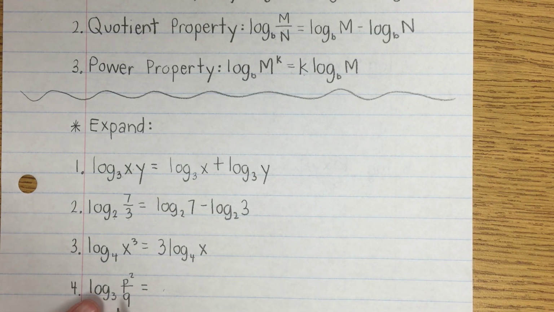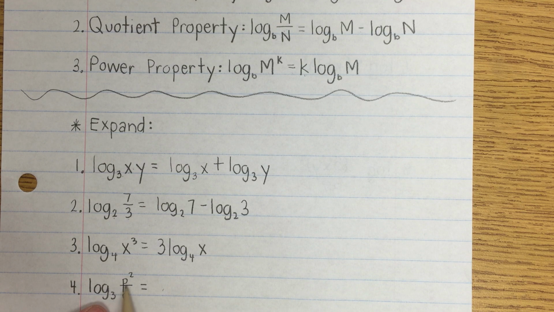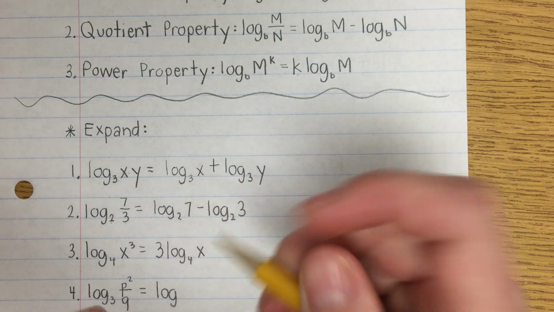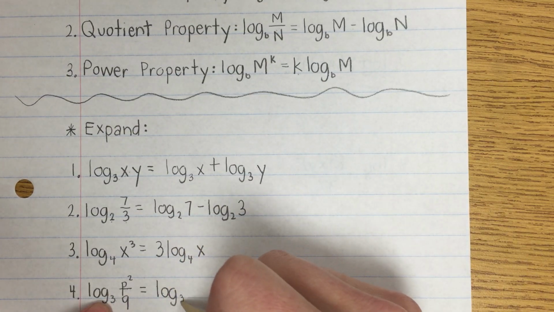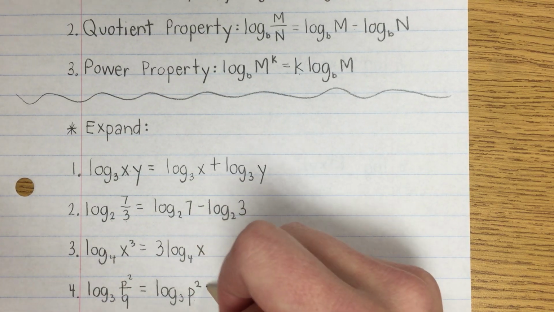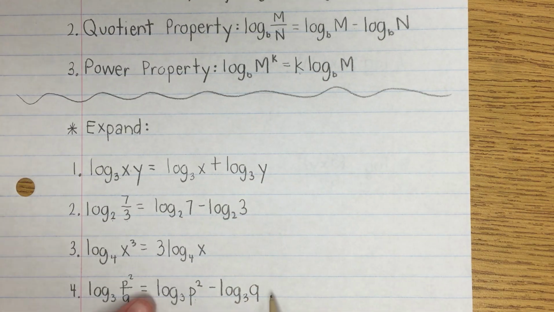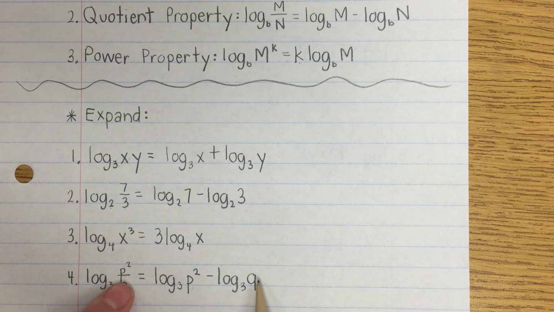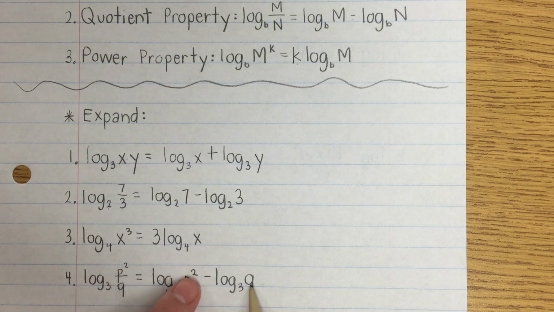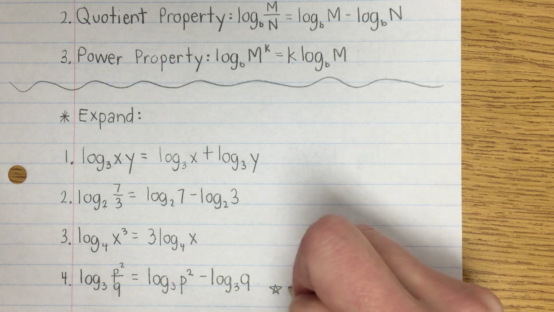So if I've got log base 3 of p squared divided by q, I'm first going to use my quotient property because I'm dividing here. And my quotient property states that that would equal log base 3 of p squared, remember what's on the numerator, minus log base 3 of q, what's on the denominator. So here I've taken my quotient property and used it for what we were dividing, but now I've got this exponent. So if you have something like this, don't forget